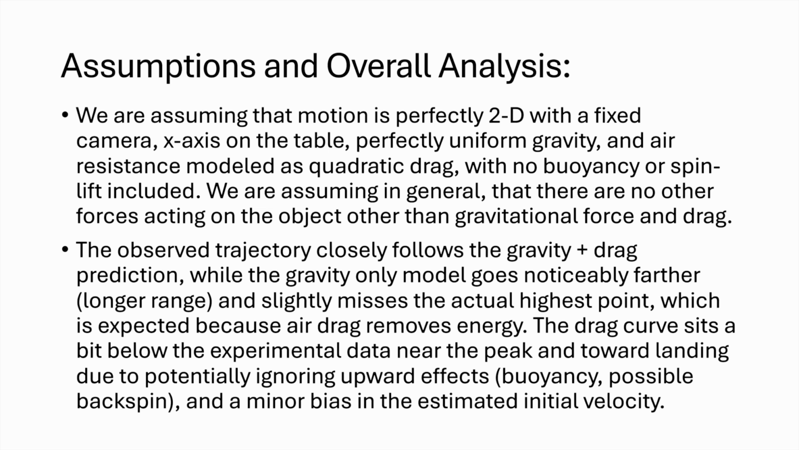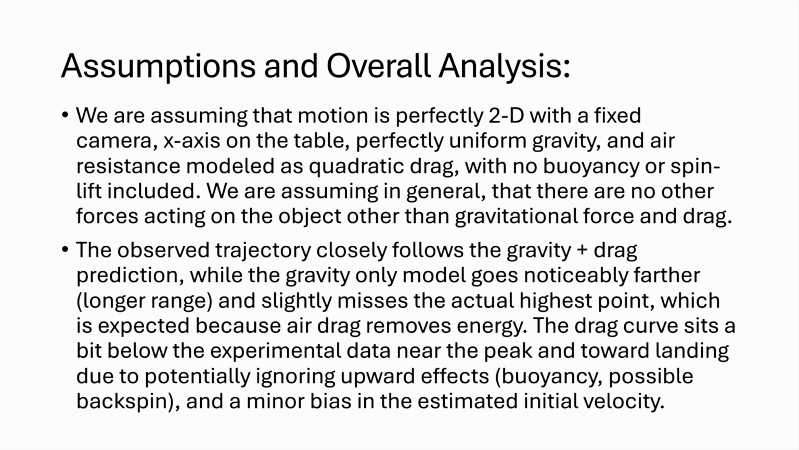Assumptions and overall analysis. We are assuming that the motion is perfectly two-dimensional with a fixed camera x-axis on the table, perfectly uniform gravity, and air resistance modeled as a quadratic drag with no buoyancy or spin lift included. We are assuming in general that there are no other forces acting on the object other than gravitational force and drag. The observed trajectory closely follows the gravity plus drag prediction, while the gravity-only model goes noticeably further, longer range,